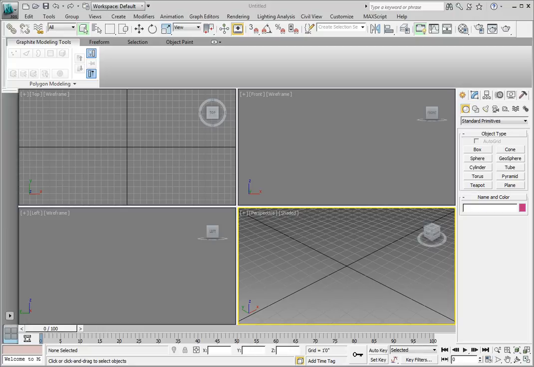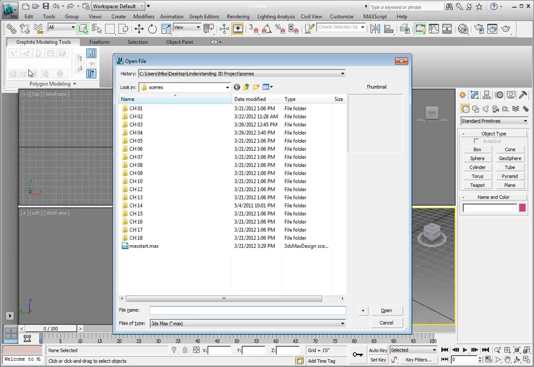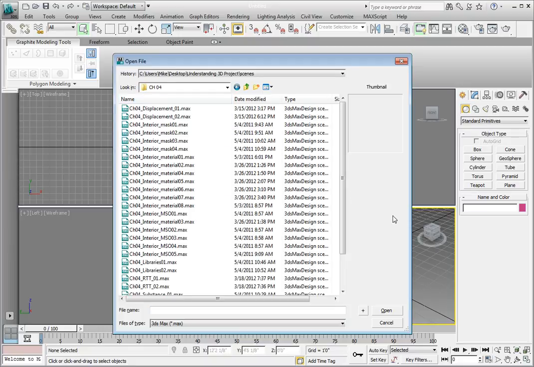We'll start by opening a new file. Click on the Application button, select Open, and navigate to the Datasets directory for Chapter 4. The file we want to load is the Chapter 4 Unwrap UVW 01.max file. Click the file name to select it, and click the Open button in the lower right-hand side of the dialog